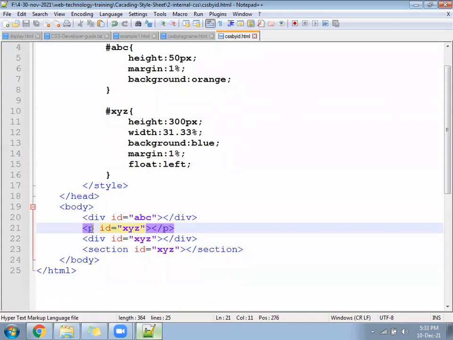Whichever property you added, that will get applied. Working.